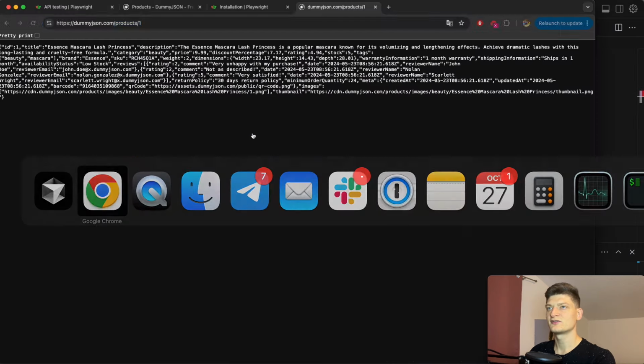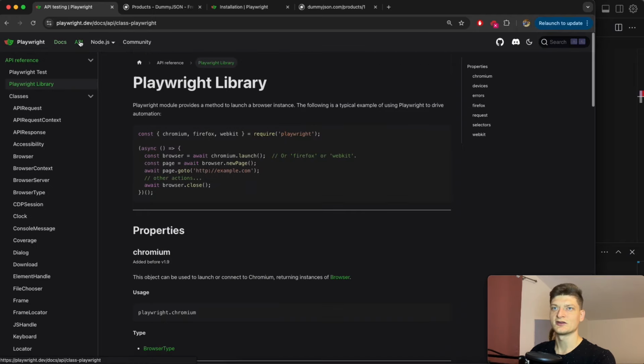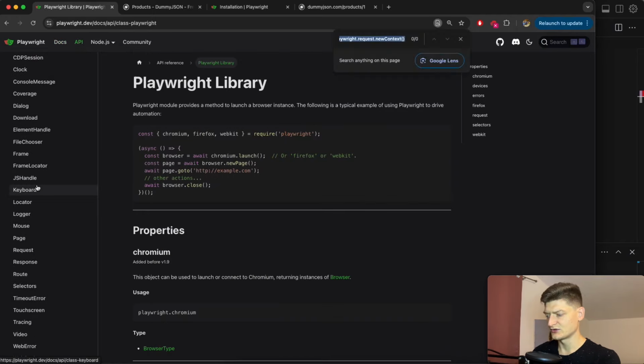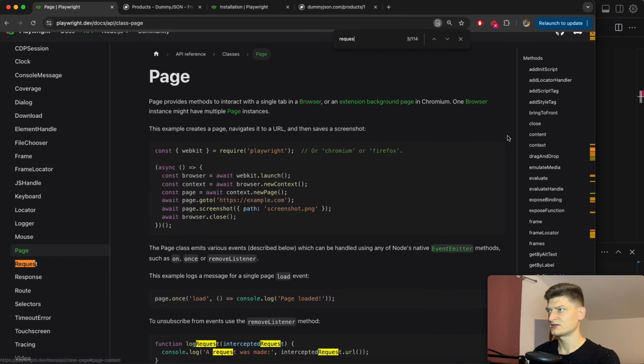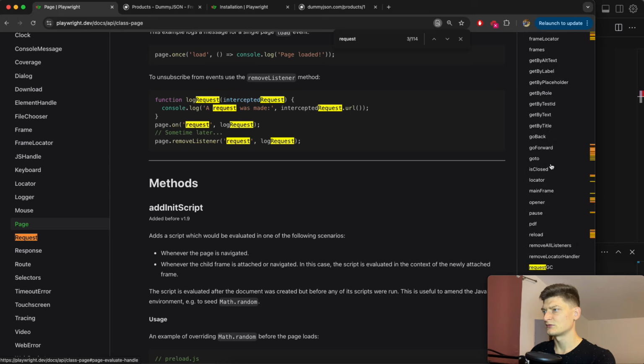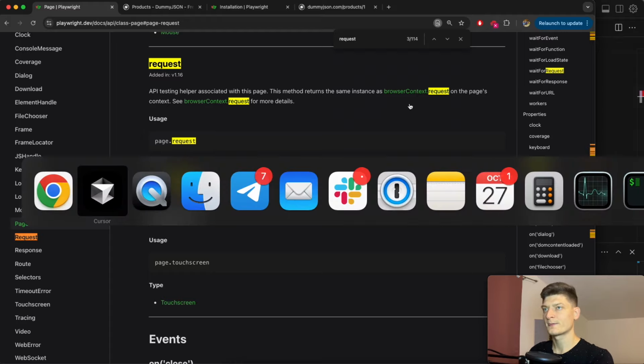So if we open Playwright documentation, if we go to section API and find here page, and we should be able to find request here. Request. Let's see from all the available request properties. So that's API testing helper associated with this page, and this request is basically sharing details, sharing cookies with your browser context. So that's important to remember. Let's get back,